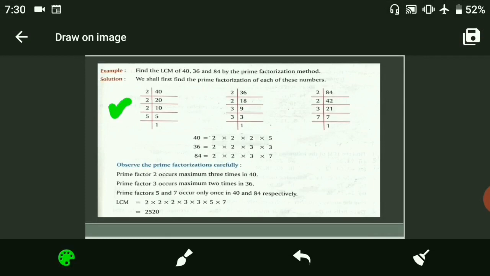I will write down 40 and I will think in which table 40 comes. But keep one thing in mind, you have to see the prime number. So the prime number is 2, which divides 40 completely. So you will write 2 on the side, and in the 2 table 40 comes at which position? It comes at 20, because 2 20s are 40. So 20 will be written down of 40.